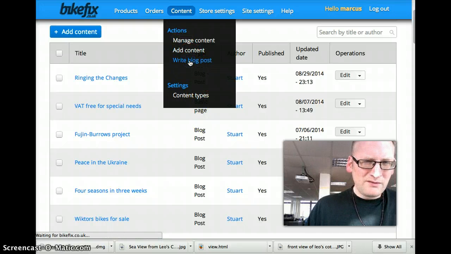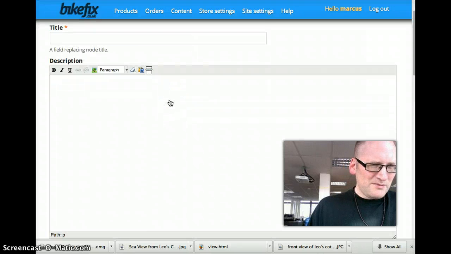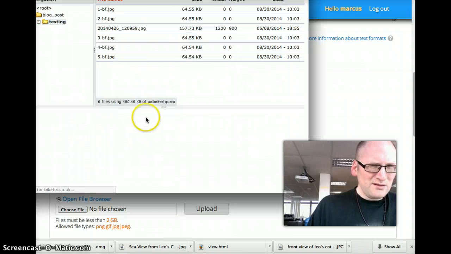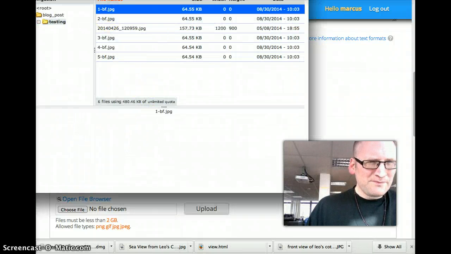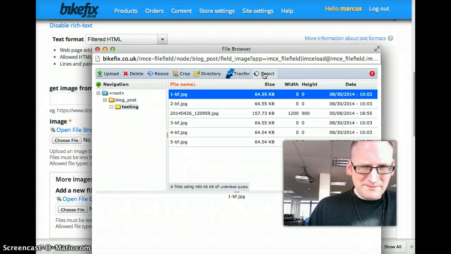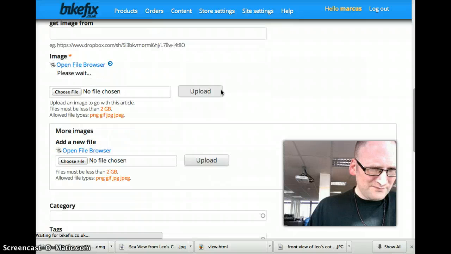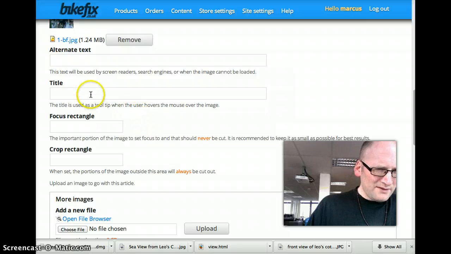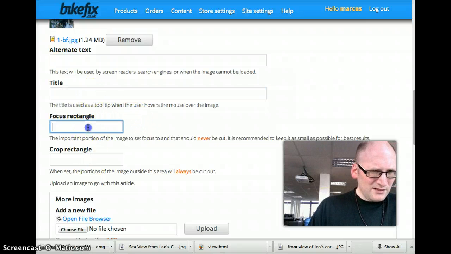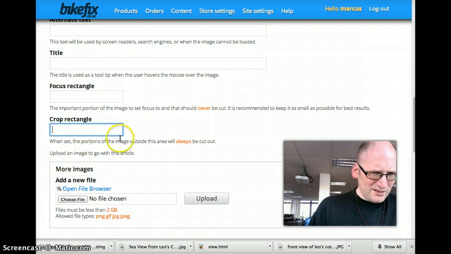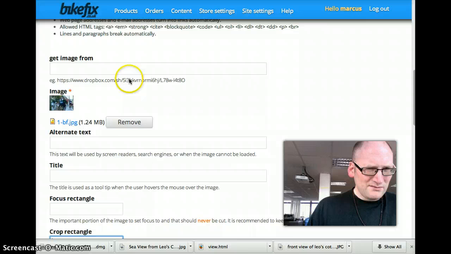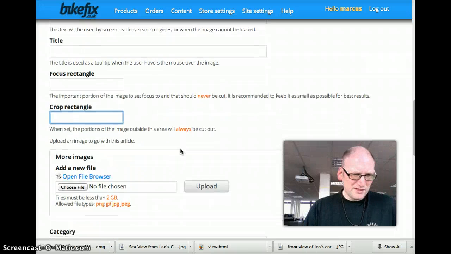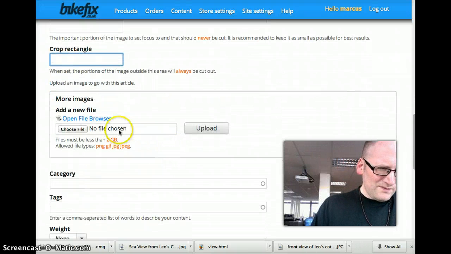So now if I wanted to write a blog post, it must have been that I was trying to add multiple images to the single image field. So let's say I wanted the first one for this one, and then, right, so here's another thing that's not working properly. The focus thing isn't uploading when that's showing. I don't know how important that is for a blog post. I don't think it's actually important at all, is it? So I could just remove